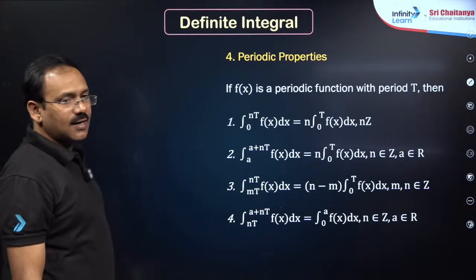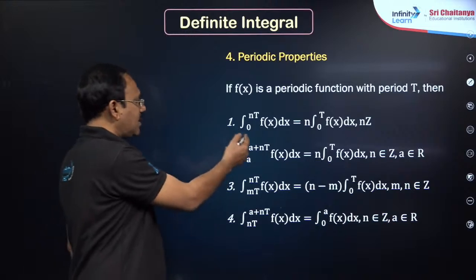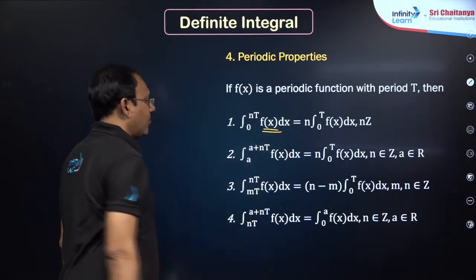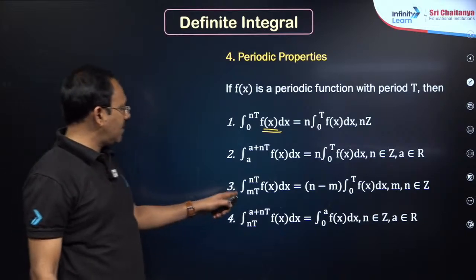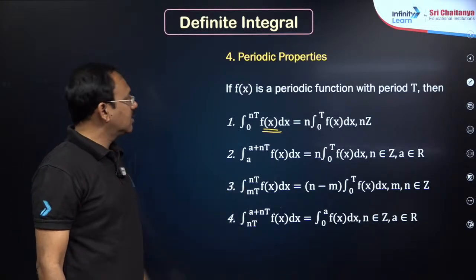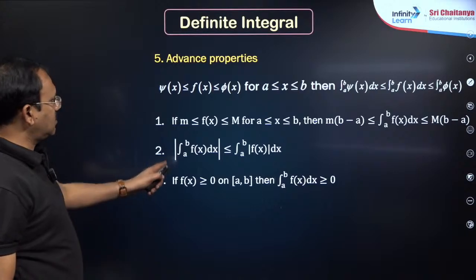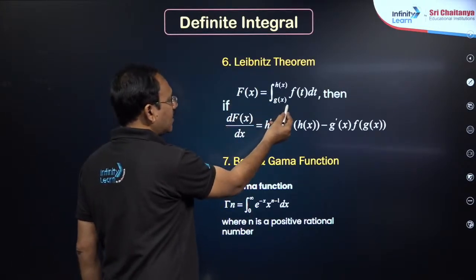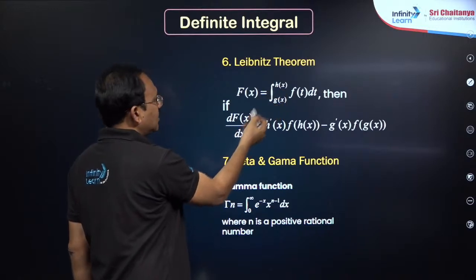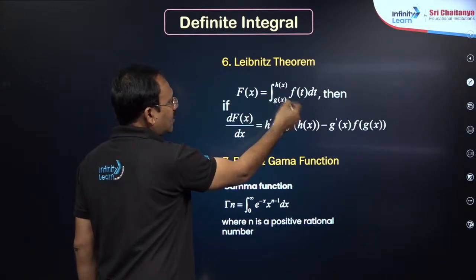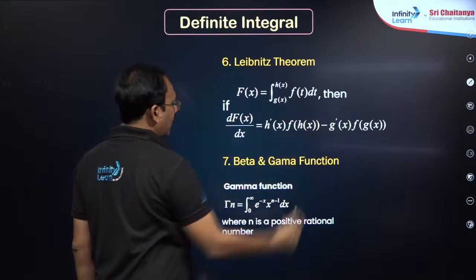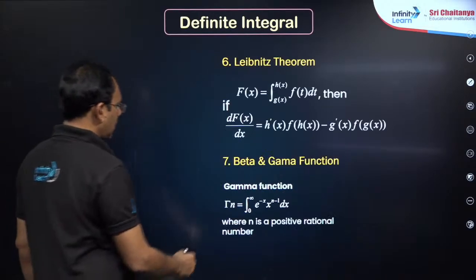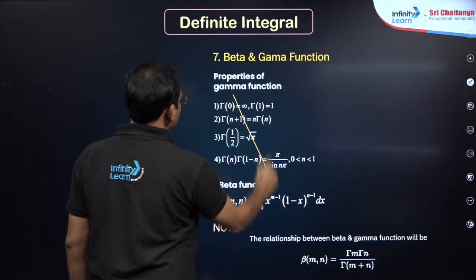The next, periodic: if integral is given 0 to nT, if it is a periodic function with period T, n can be brought forward, right. You can subtract any multiple of period from both the limits, that is the point, and this is not inequality related. Leibniz formula, derivative of an integral where the limits are in the variables, so substitute upper limit, its derivative, minus substitute lower limit, its derivative, right. The next, beta gamma functions are not in our syllabus.